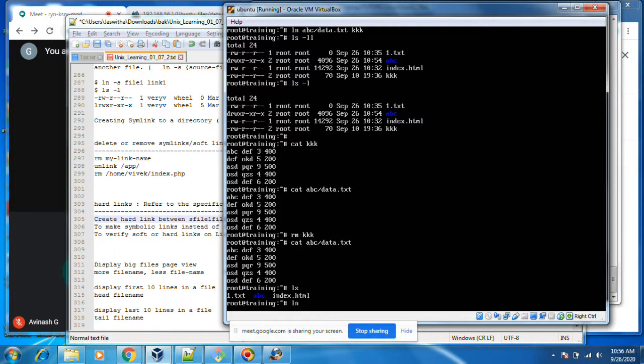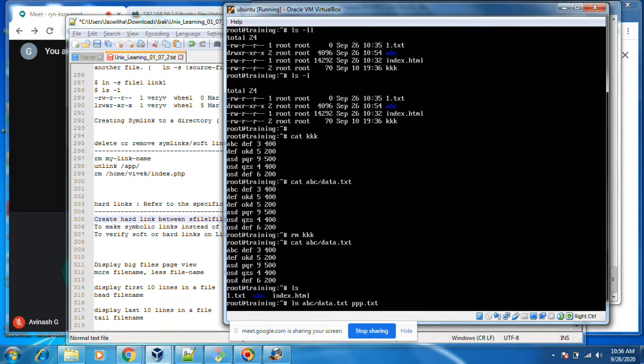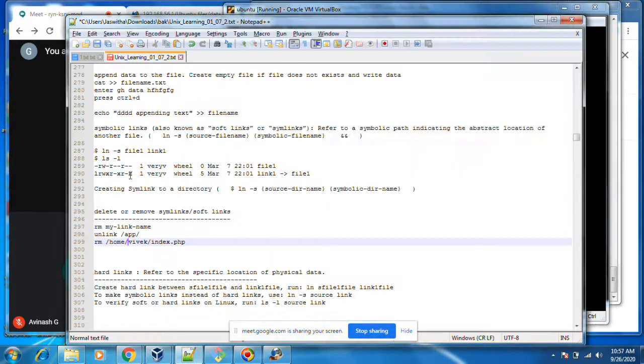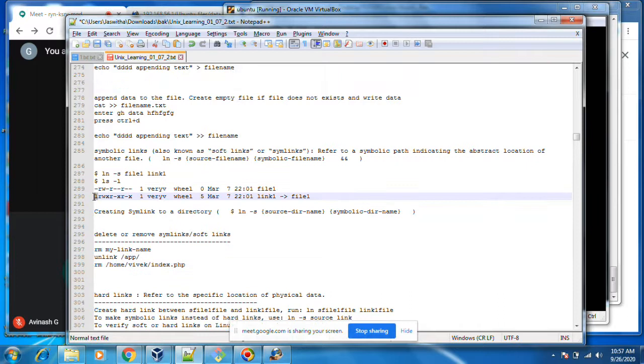ln abc slash data.txt, then oh sorry, we are checking the link here. Wait, this ln, this starting with L, how did it get here?